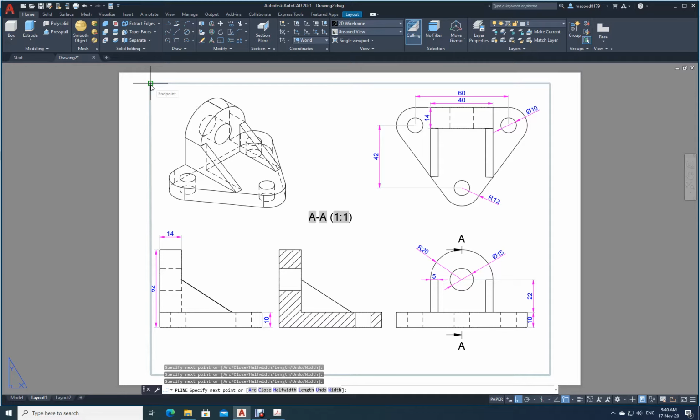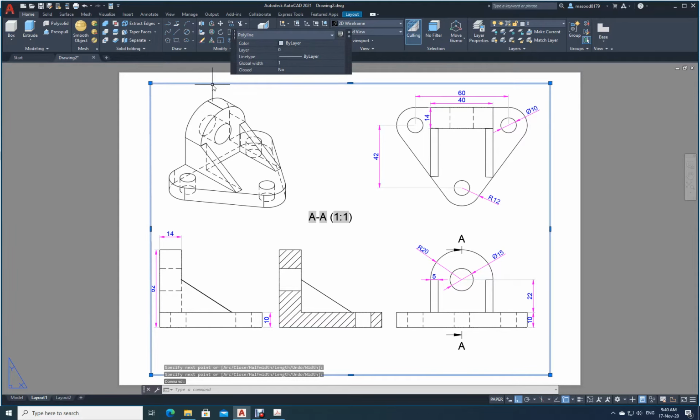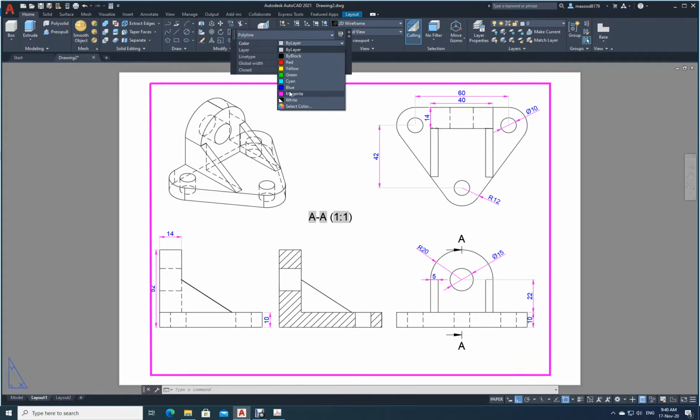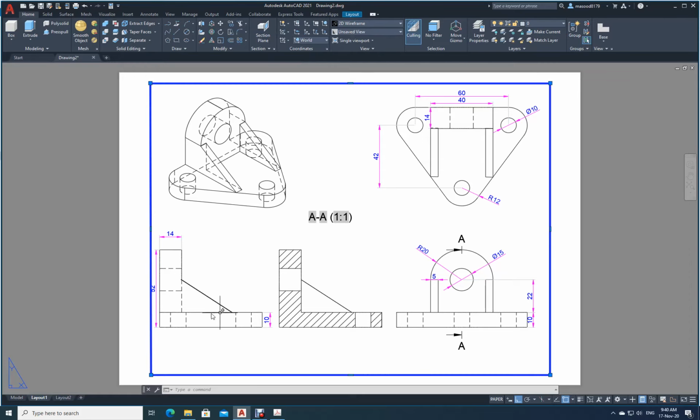Okay. Escape. So now see here, again click on this one, the whole polyline. This is a single one. Okay. Now color is there. See here, what is the color? Let me go and select whatever color I want. If I want yellow, green, I want blue, whichever color I want, I can select. Blue I selected. Okay, that's it. So now I have selected it. Now what you can do, you can slightly move this dimension, you can move it inside. Otherwise all other things are perfectly okay.